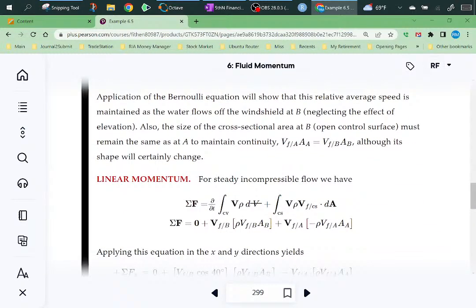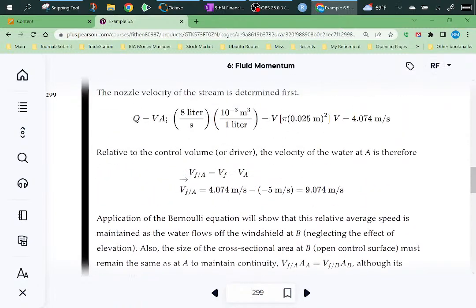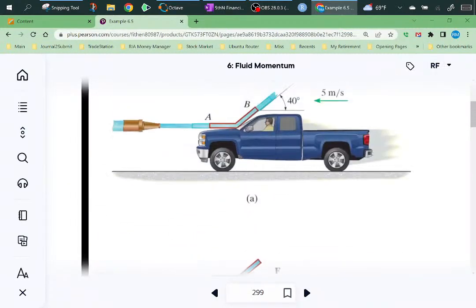Then he does linear momentum. He's going to tell us that this term is steady state and that we have two parts of the control volume: the part where it's coming in and hitting you, and then the part that's shooting out. I basically described those in reverse. So in other words,